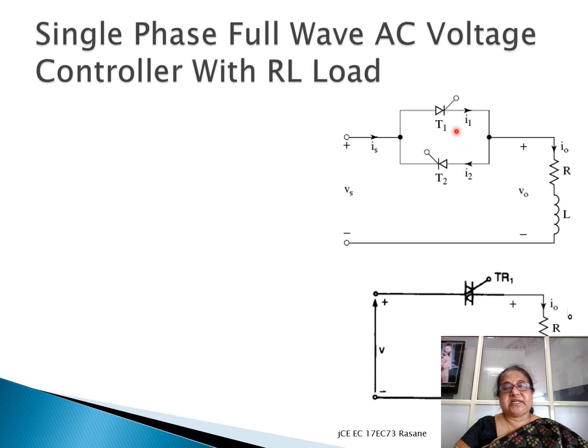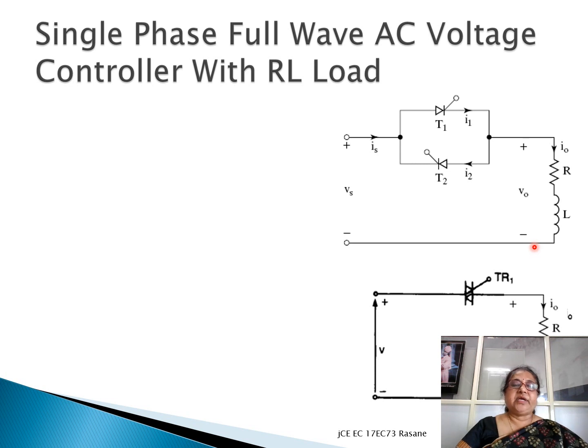When T1 is conducting, T2 is not conducting, and when T2 is conducting, T1 is not conducting. But both the thyristors are connected to the load, so they act like a switch. When any one of them is connected, the load automatically gets connected to the input, and whatever is at the input at that instant of time, you are going to get at the output, that is at the load